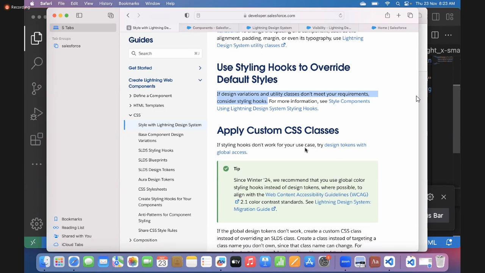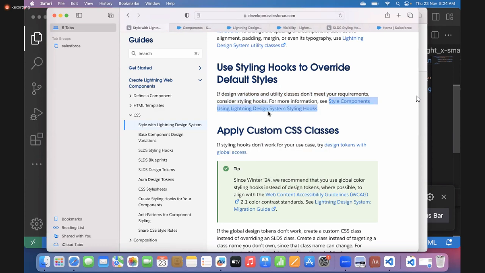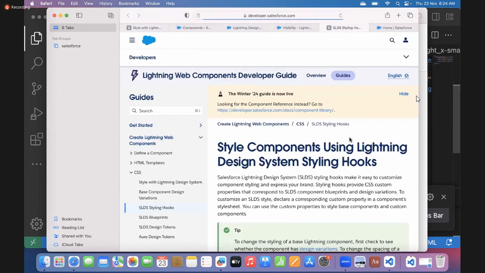Okay, fine. So now let's see this one. Using Lightning Design System. Style components using Lightning